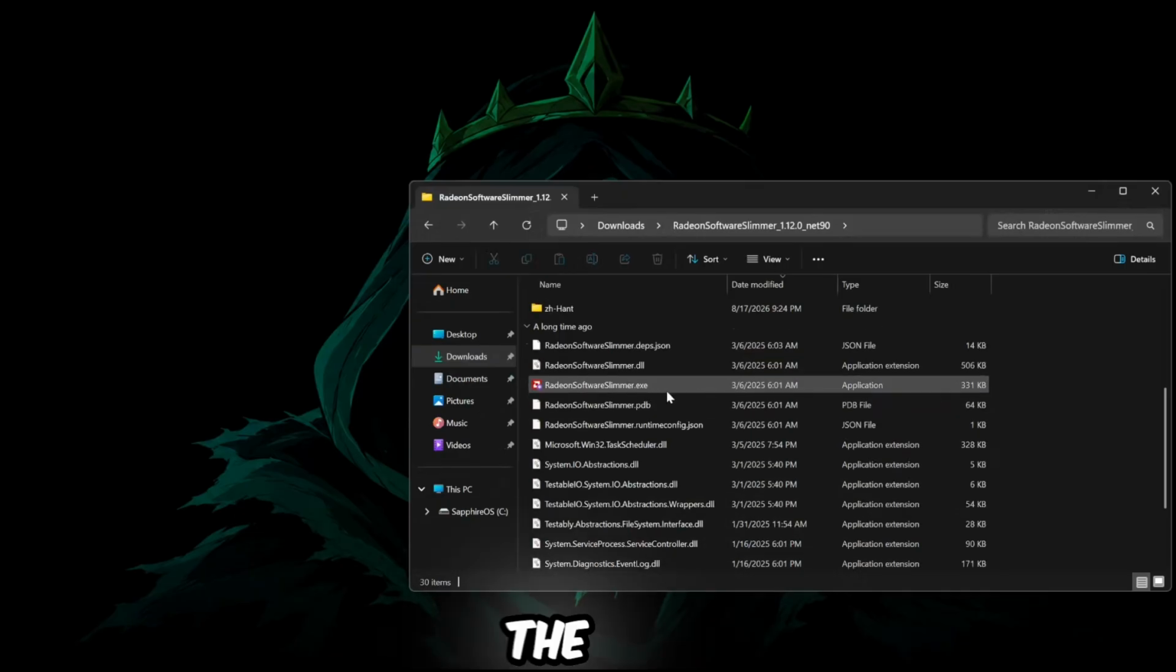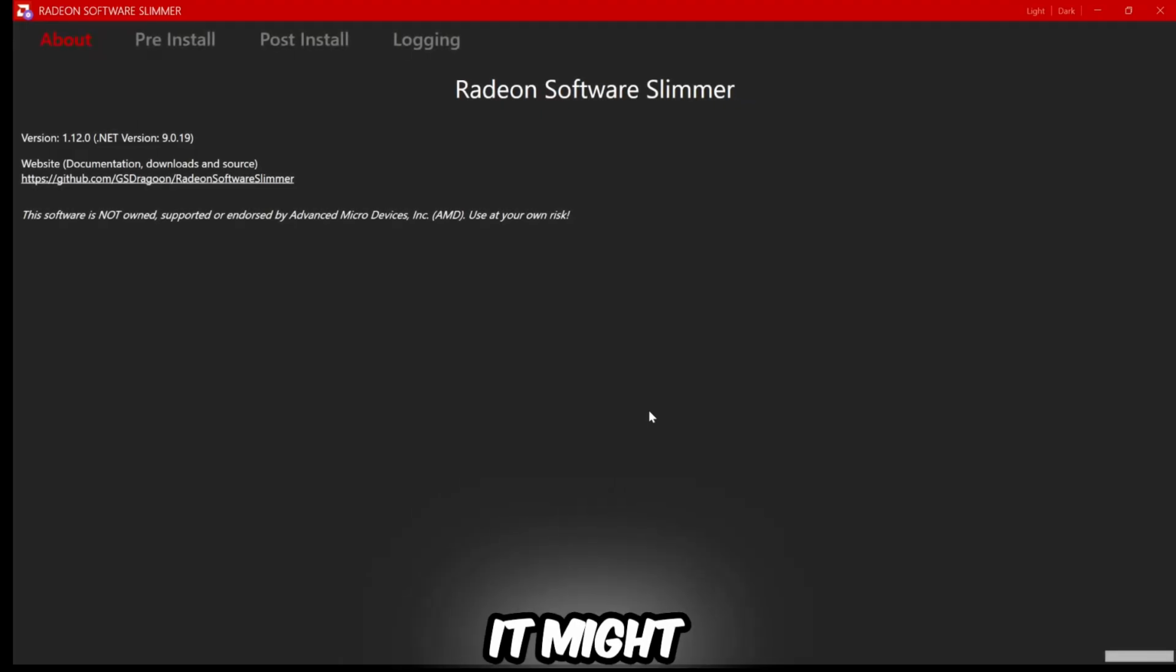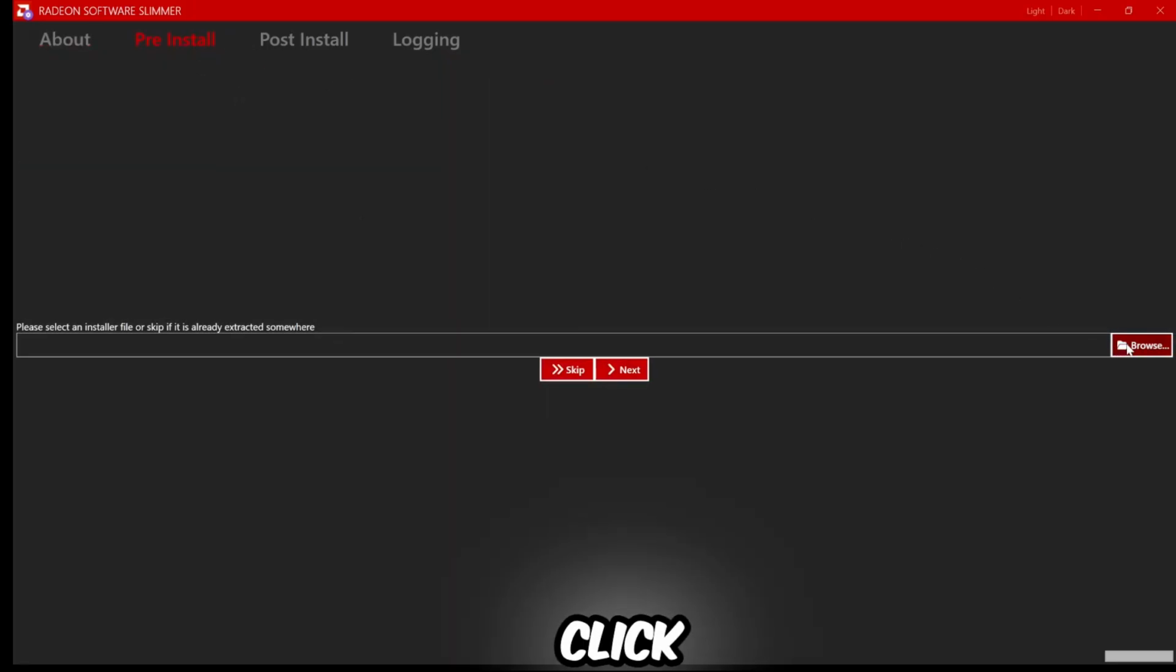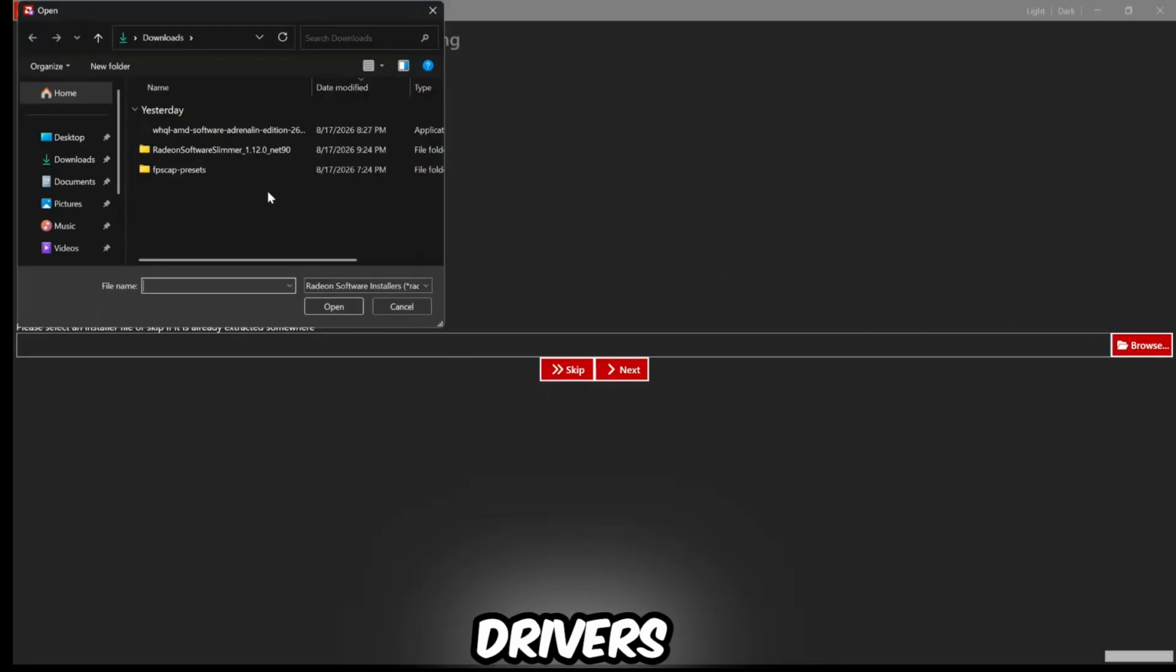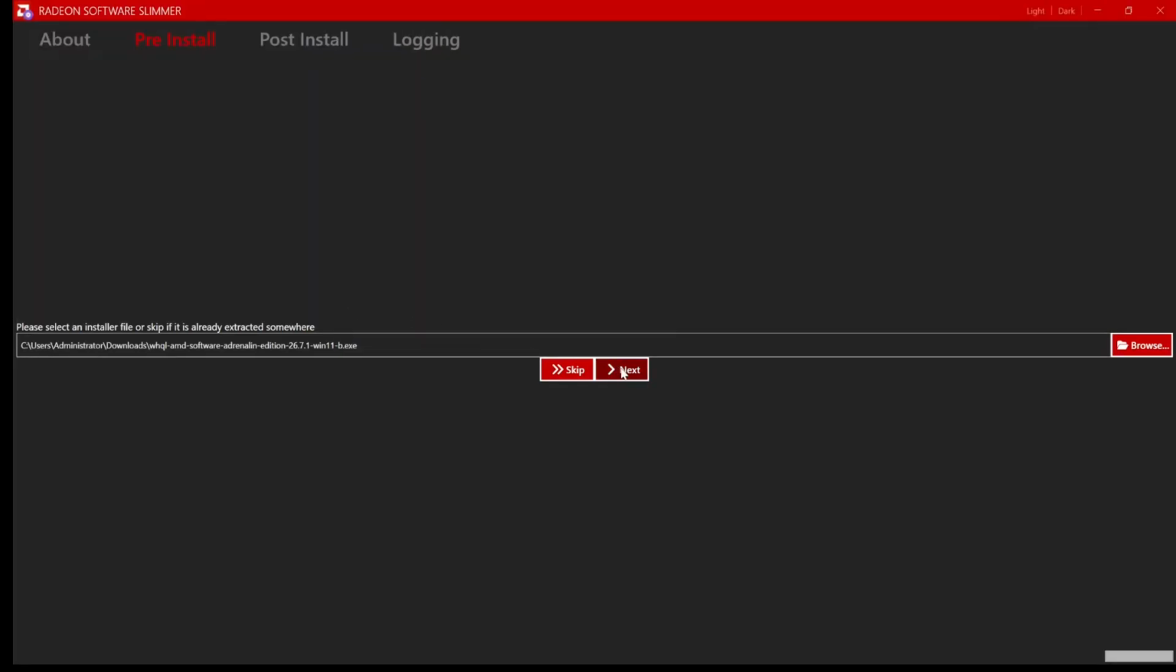After downloading that, you're going to go to the folder. You're going to find the software. Click on it. It might prompt you to download something. Please do so, because if you don't, this program might not work. So after it is open, you're going to go to reinstall. You're going to click browse. The GPU drivers that you just downloaded, I want you to click on it, open, next,